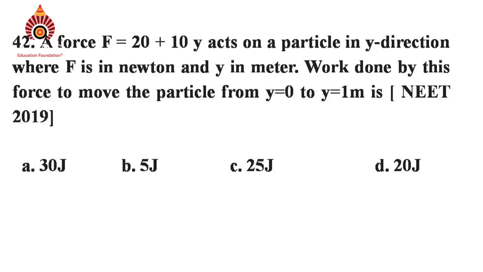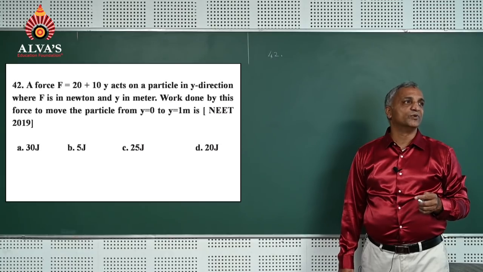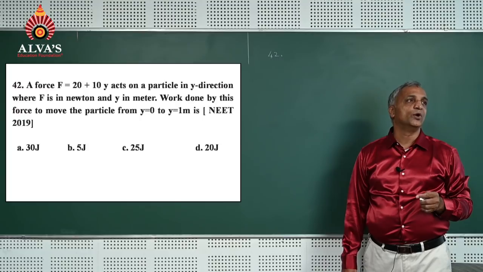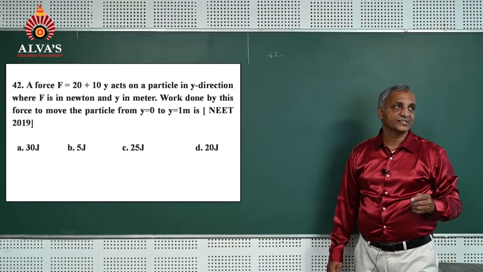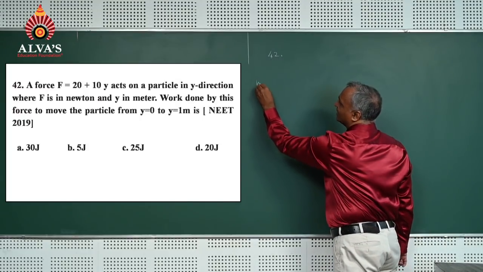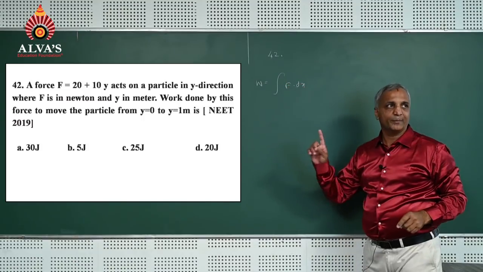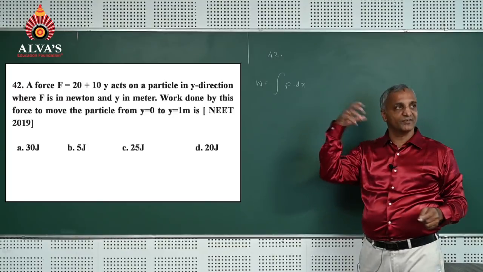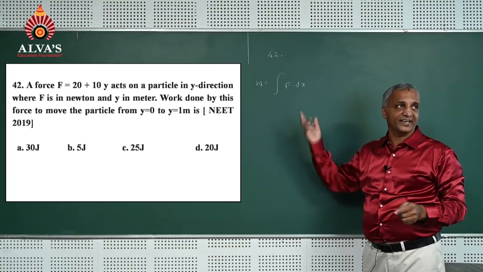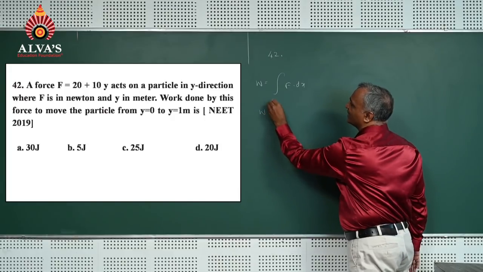Question number 42. A force of F is equal to 20 plus 10y acts on a particle in y direction, where F is the force in Newton and y is in meter. Work done by this force to move the particle from y is equal to 0 to y is equal to 1 meter is. And of course we know that work done is nothing but integration of force into dx. Already we know, but function is given in terms of y. In place of dx I should write dy here, and that's why work done is equal to